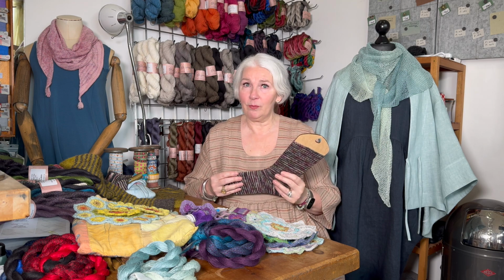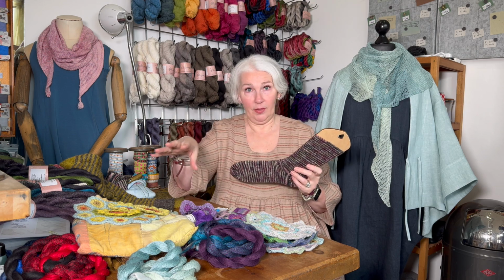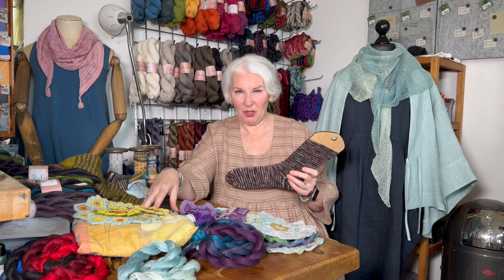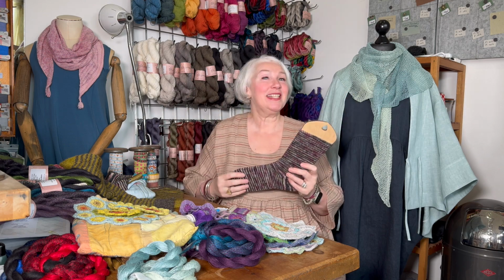But I also bought some very, very thin cashmere yarn that is actually meant, it's on cones, it's meant to be used for machine knitting, but I'm going to hand knit it. Most possibly held together with my linen yarns. I'm not 100% sure yet, but I may have to start swatching with that just to see how I get on with it. I also still have some of the art yarn 2-ply ombre. Remember that I split a hank of the art yarn ombre yarn